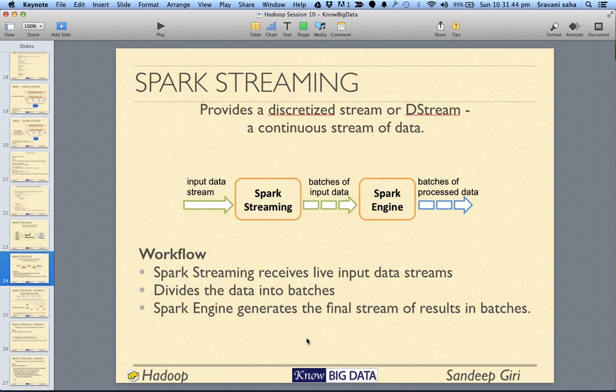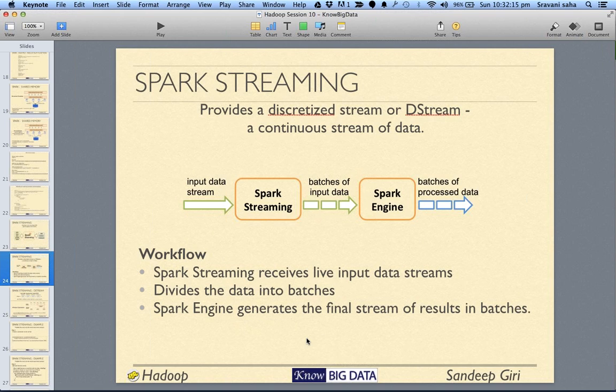The way Spark handles it is Spark Streaming receives the data in real time, and there is a class called DStream, discretized stream, which converts the input data into batches, and those batches go in as an RDD.